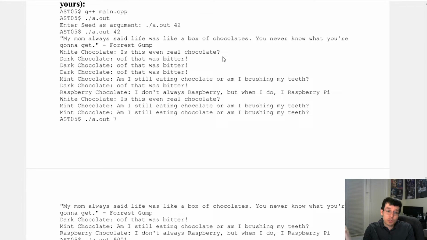It doesn't mean that there's no more chocolate left. There probably might be. But it just happens that the spot you picked doesn't have anything anymore. So that's the sign to quit eating. You're like, oh, snap. I reached in again and it's empty. I probably ate too much. I'll take a break. So that's how the program ends. And how you would do that is you return a false Boolean from that take chocolate function into the main function in the little while loop, which is the main loop, and then it terminates the program.